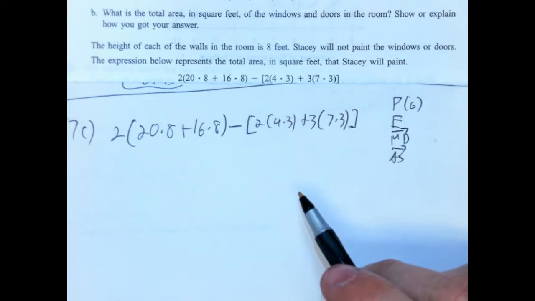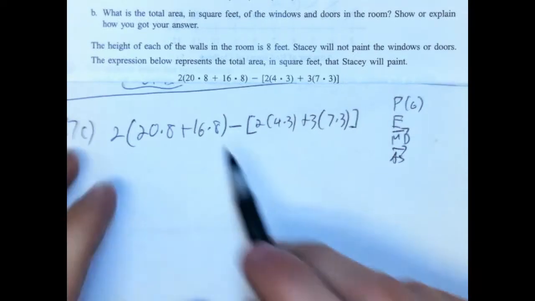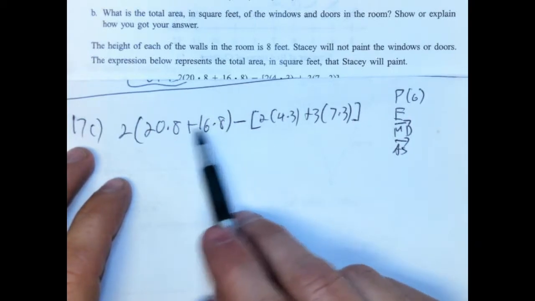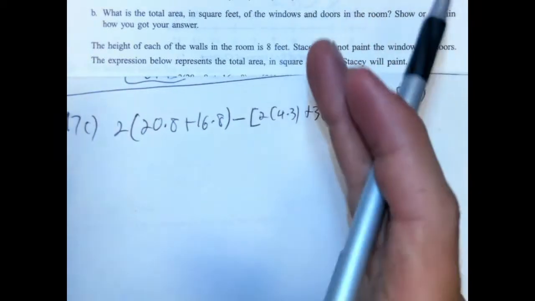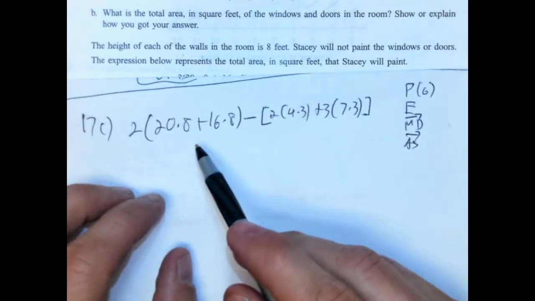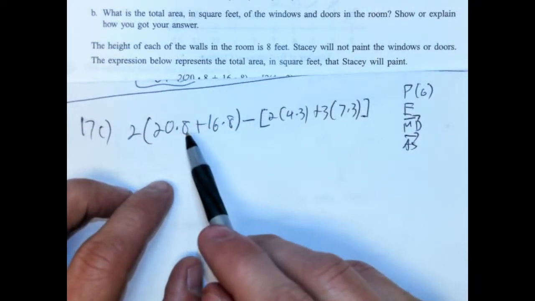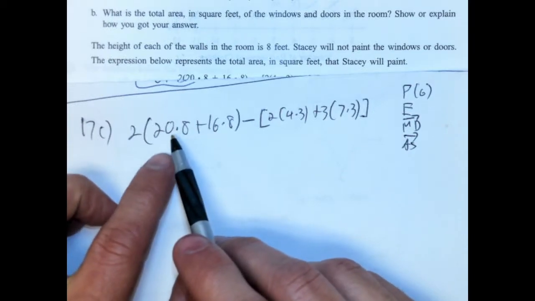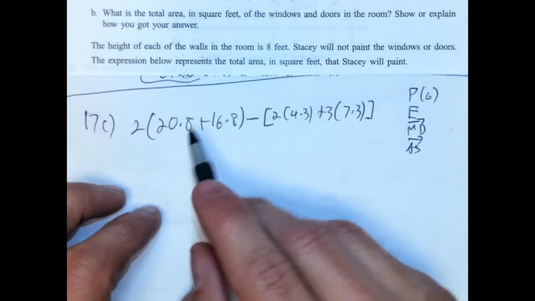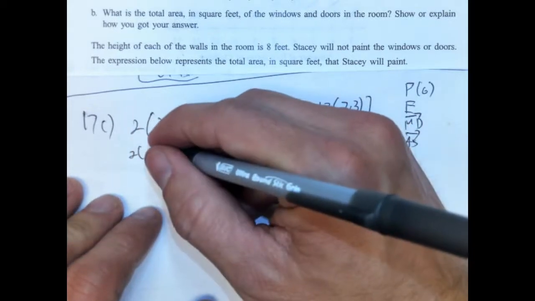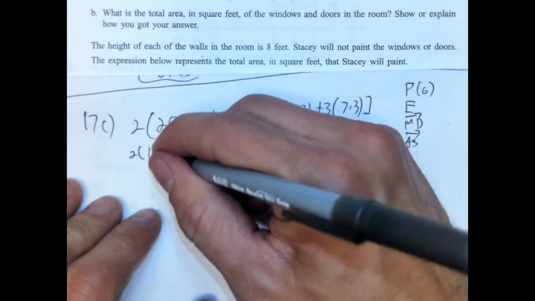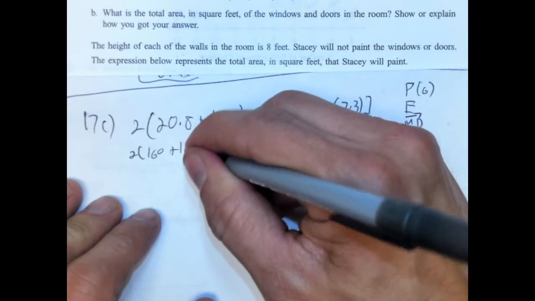All right, so we're going to do stuff in the parentheses first. So we'll pick this parentheses. So in this parentheses we have multiplication and addition. So we're going to focus on a set of parentheses and do that. We should always work from the inside out. So for this parentheses, there's no other parentheses inside of it or brackets, so we're going to work on multiplication before we add. So 20 times 8 is 160. So 2, and then 160 plus 16 times 8